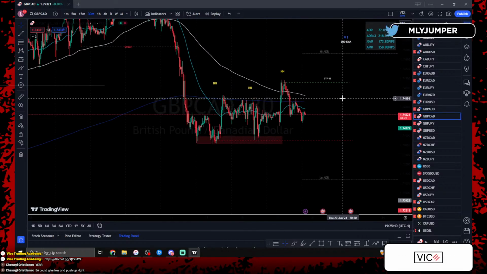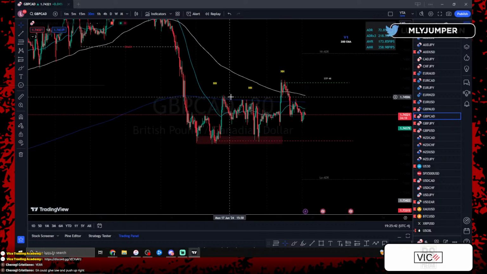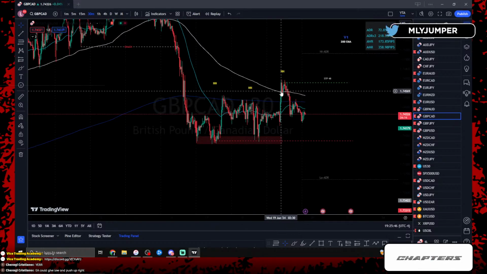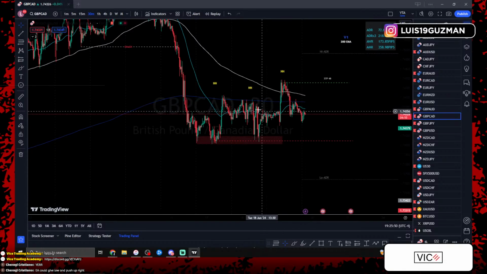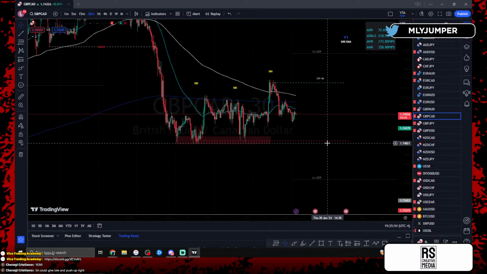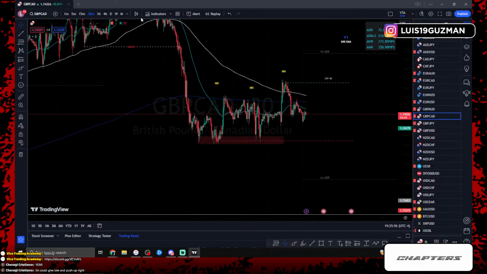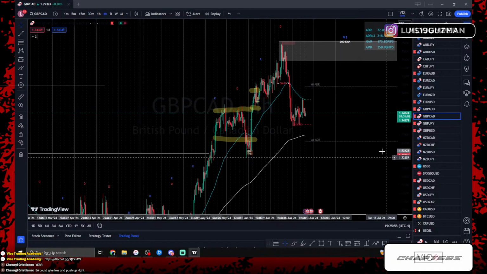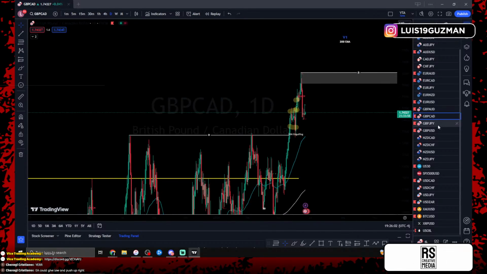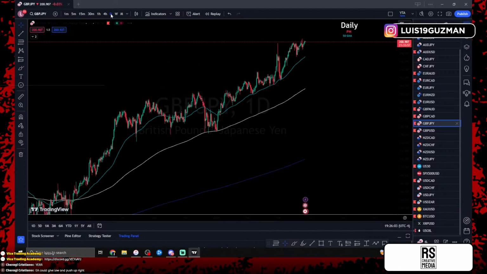And right now, even from this point where we had the line here, did we get a break of structure? No. These candles are just testing. These are just testing candles. None of these candles were a break of structure. So we still don't have a break of the highs. We still don't have a break of the lows. So we got to be patient with it. We don't have any continuations in the 4 hour, no continuations in the daily. So GCAD, we got to wait for them as well.